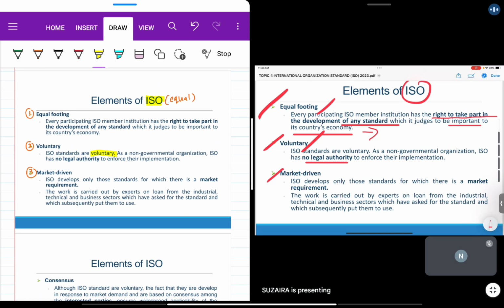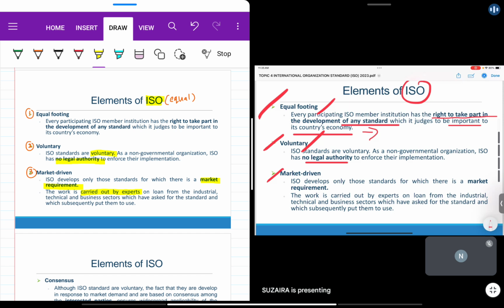Because you need to think about the stakeholders. Stakeholders, we usually refer to as the customer, the supplier, the manufacturer, the factory, the government agency, the researchers, any department related to a certain kind of standard. Like just now, when we talk about food safety, we have the fisheries, or MARDI. So they are considered stakeholders,